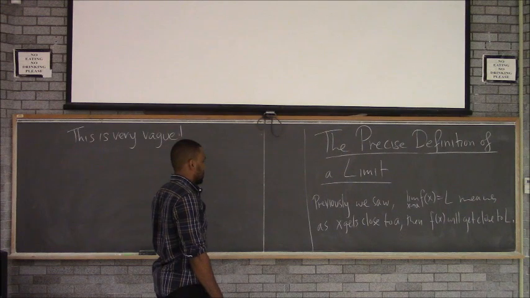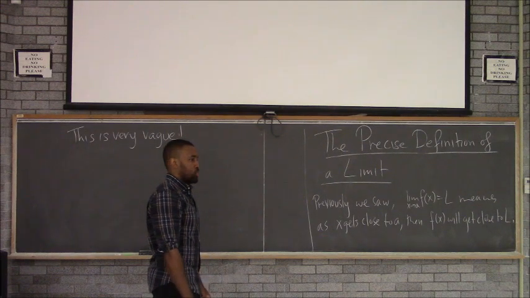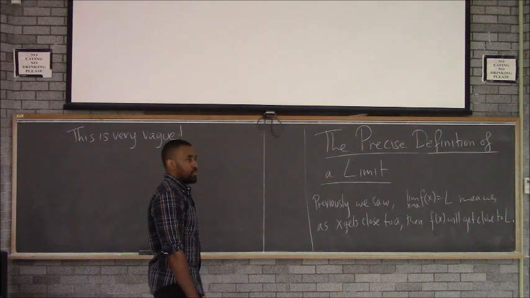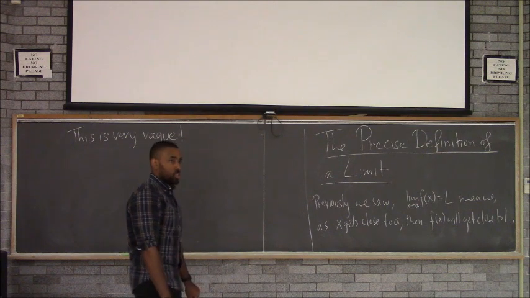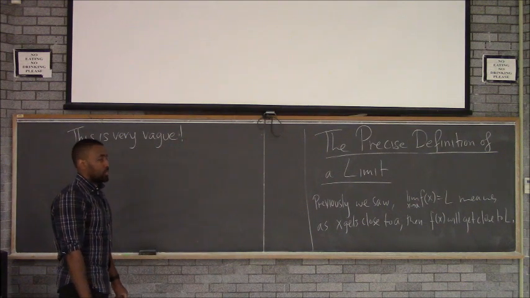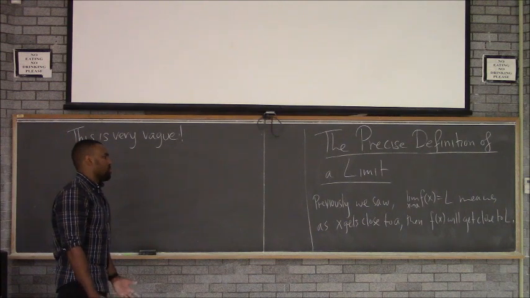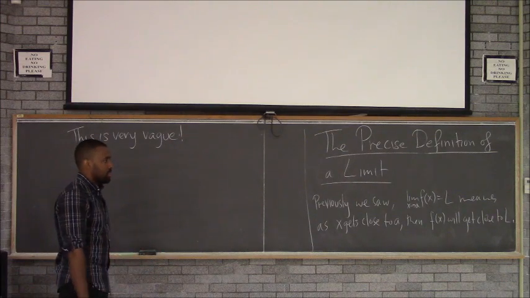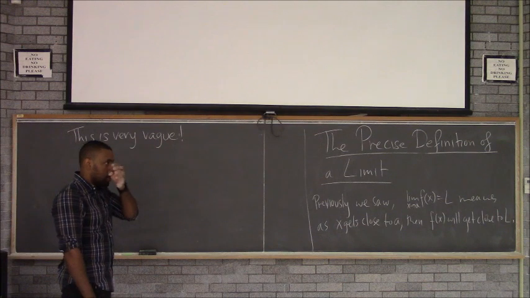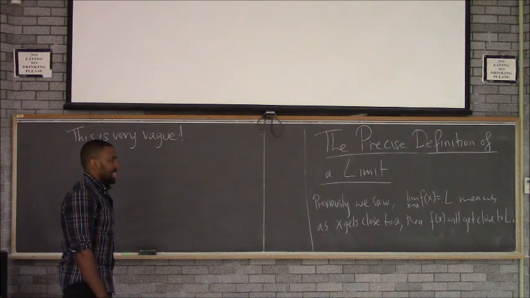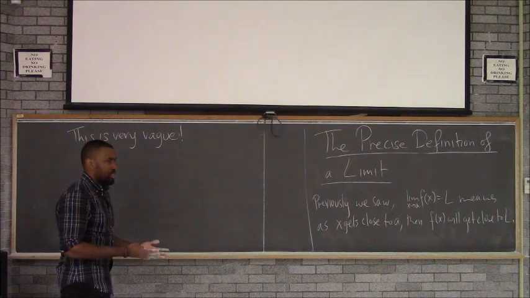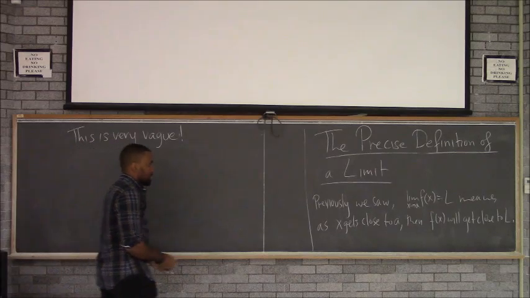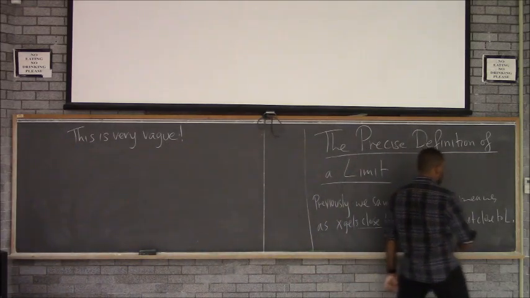What about this is vague? See any cause for concern here? What's vague about this definition? Well, we have an idea for what happens at a already. That's just evaluating the function. That's a different idea altogether. Limits don't care about being at a. It's not that something is wrong with the definition; it's something that we specifically don't care about. But what makes this vague is the word close.